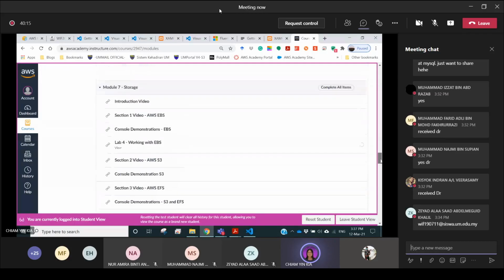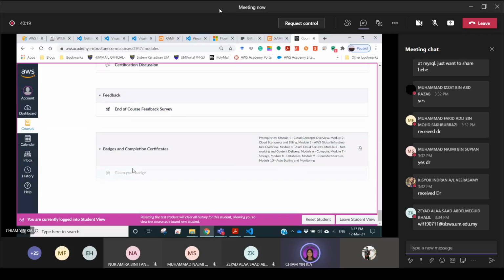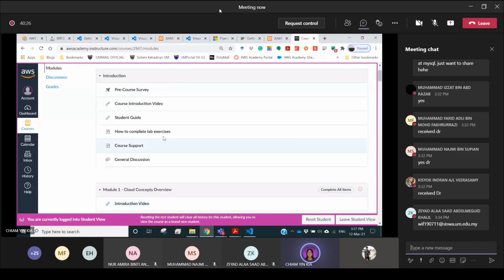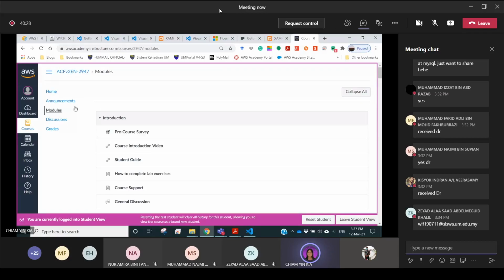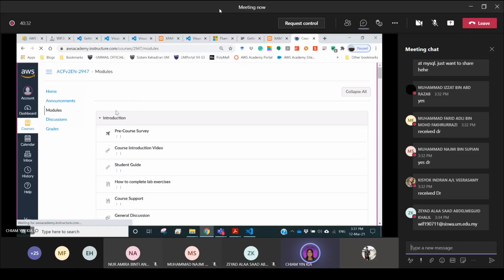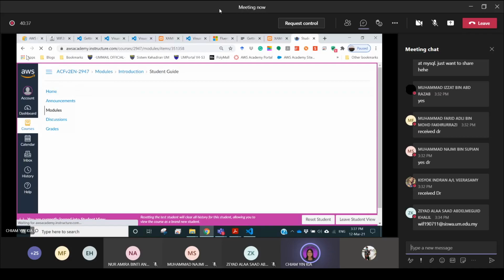So once you complete all the items, you can click claim. This will be enabled, and you can click claim your badge to claim the badge of completion. Just to quickly show you, once you come to the modules, this is the introduction. If you click student guide, you can see that